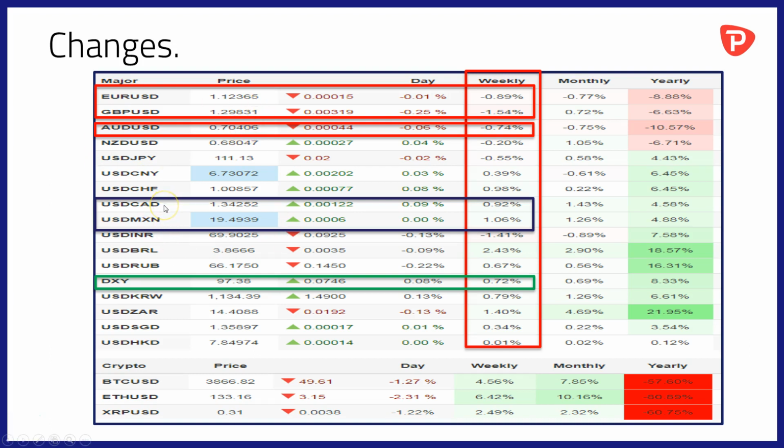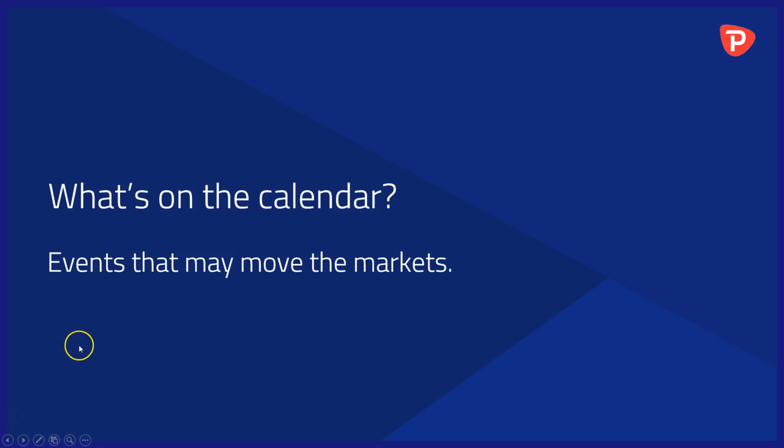In terms of gainers, the dollar was on the front foot against both the Canadian dollar and the Mexican peso, taking 0.92% off of the Canadian dollar and just over 1% off of the Mexican peso. Dollar index for its part making gains of around 0.72% over the course of the week, and so starting very much on the front foot as we enter this next phase of March. Of course, it doesn't seem to have been too badly affected by those non-farm payroll numbers on Friday, and I'm thinking that perhaps we haven't seen the complete fallout from that data as of yet.